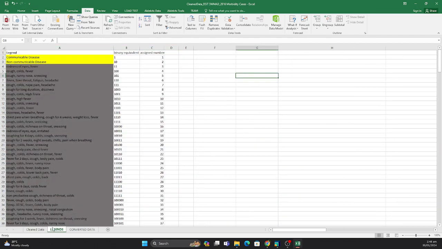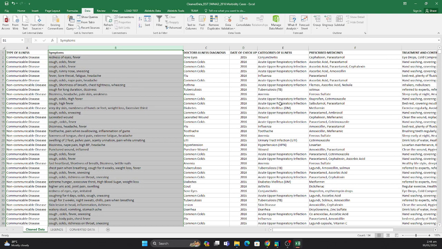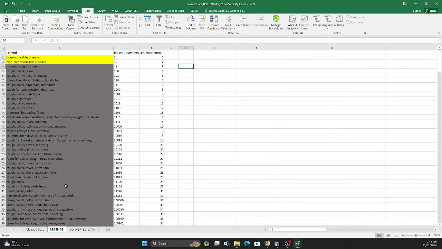The reason for that is for the legend. Here we have to assign each data in each column their unique legend. That is why we have to remove the duplicates.